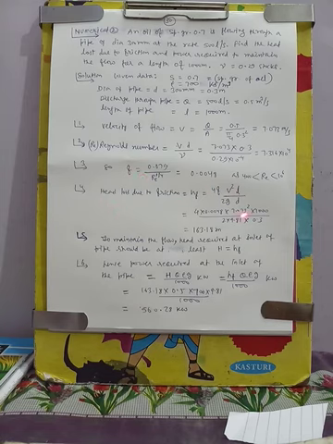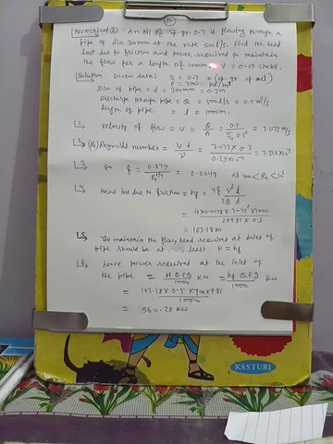Now head loss due to friction we can find out by 4f v square L by 2gd, that is the Darcy equation. 4 into 0.0048, f we have got here, and v is 7.073, squared. We have to calculate the head loss for 1000 meter, so L is equal to 1000, and 2g into d, 0.3, that is the diameter of the pipe. So head loss is coming 163.18 meter.